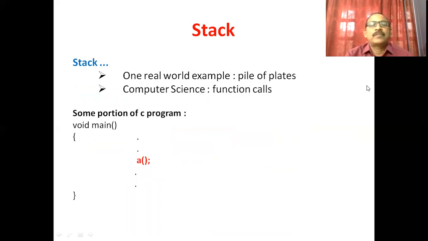Now, one real world example of stack is pile of plates. In computer science, stack is used during function calls. So let us see how stack is used during the function calls. Let us consider some portion of a C program. Here you can see on the screen